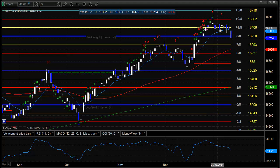So since then we've been essentially trading sideways here, just hovering above the 10-period moving average, which defines the short-term trend. But today we broke decisively below that. We actually even closed a little bit below that key 8-ace level at 16,250. So levels to watch to the upside are going to be at the top of the trading range, to the upside about